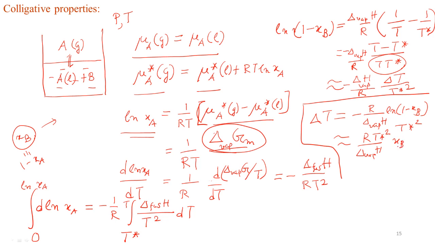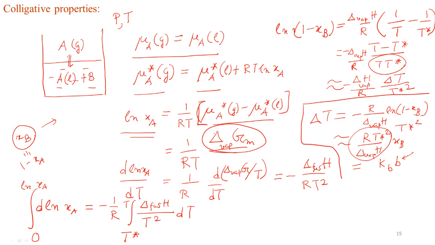So this is some constant into xB, and you can further approximate that xB is proportional to the molality of B, and then you can get some other constant, which is basically this constant multiplied by the proportionality constant between mole fraction and the molality, and then you can write it in terms of the molality. In shorthand notation, you can actually write it as kB into b, where b